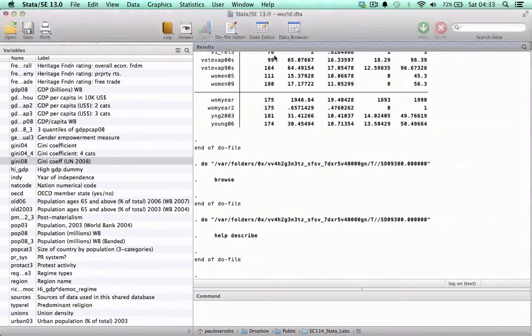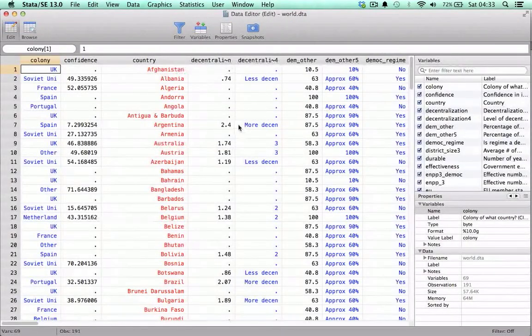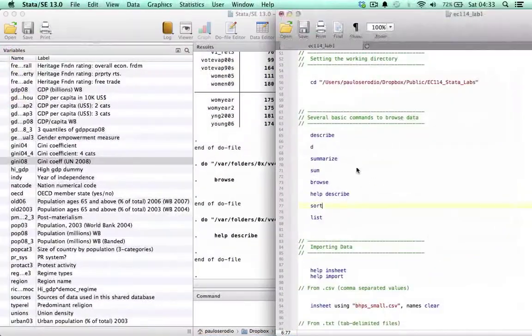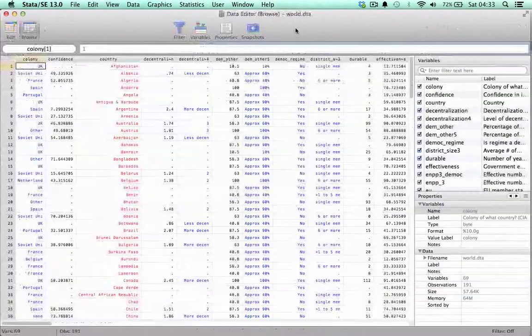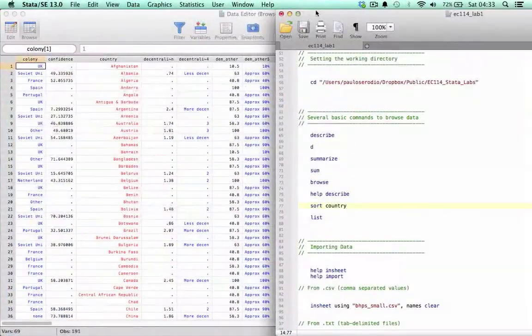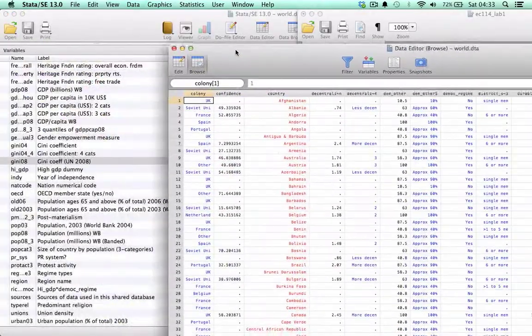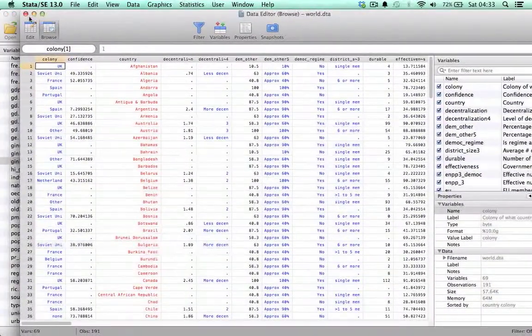This allows you to sort the information on particular variables. So let's say that we want to sort the data set on country and colony, for example. So we can simply type in sort on country, and you can actually open the data browser as we do it so that you can see the information changing. So we can sort on country and colony, and if we run it, you should see that actually nothing changed because it was already sorted on